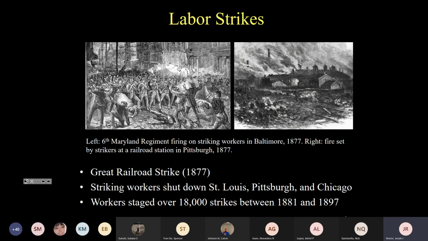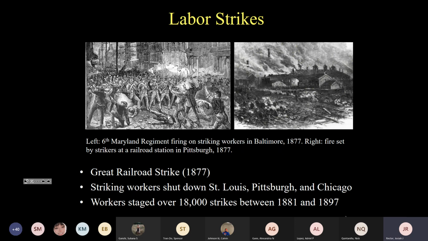In many cases, there was property destruction. So, for example, in retaliation for the massacre in Pittsburgh, hundreds of railroad cars were destroyed. There was enormous property damage, over $244 million in today's dollars. 3 miles of railroad track outside the city of Pittsburgh were simply torn up by angry mobs.